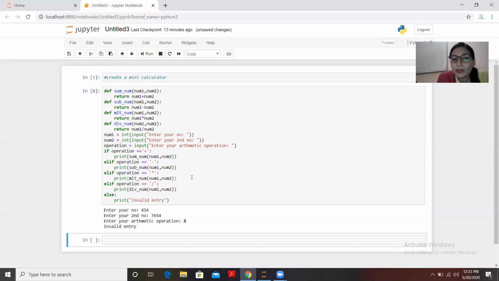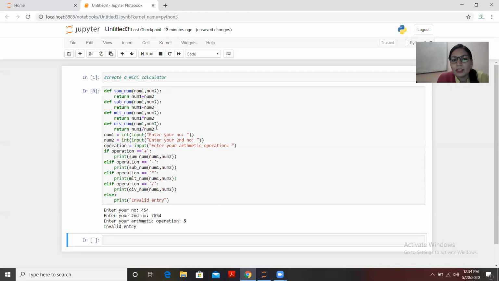Hope you like it. What we did here is just a very basic example of creating a function and using that function under the if else condition, and using the end user entry as well, and you have to check where we need to apply a certain condition. So what we did here, we first created those functions. You can create and store them in some other cell as well, and you can write it here as well. So here first we created the functions one by one, all the functions we created using def.